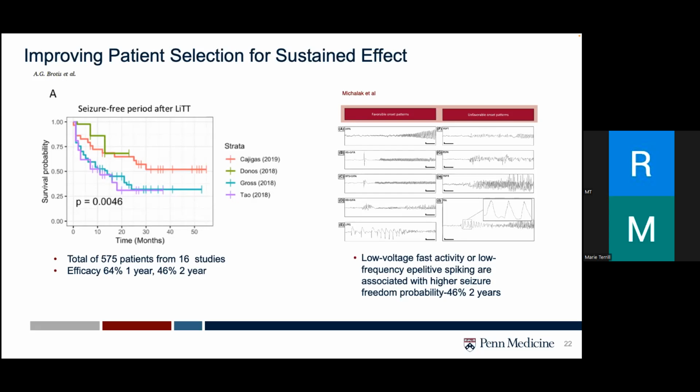Overall, 1, 2, and 3-year Engel seizure-free probability was similar to the retrospective analysis, showing a decline. We had more like 36 to 40% at the end of 2 years, and then 33% at the end of 3 years. Patients with certain seizure onset patterns, like low voltage fast activity or low frequency repetitive spiking, had a 40% probability of being seizure-free at 2 years, compared to 0% of patients with the alpha or theta frequency repetitive spiking or the theta or delta frequency spiking.